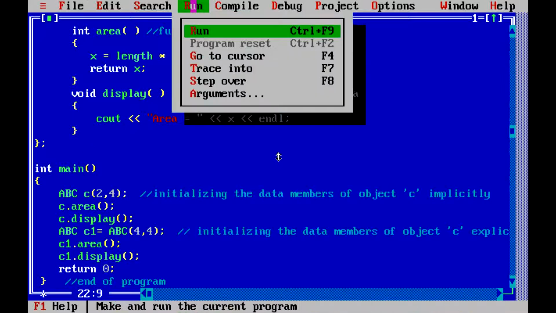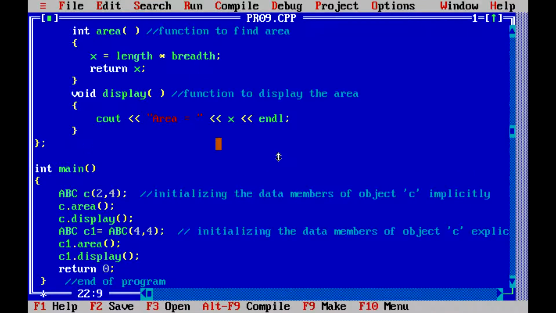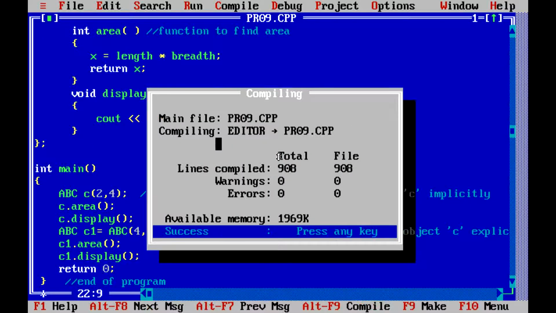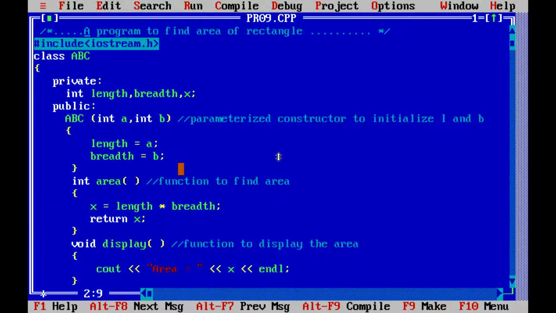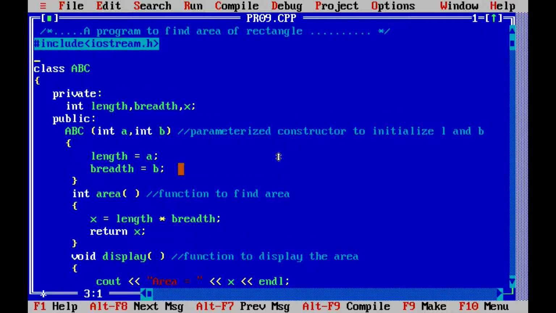The output of this program displays area is equal to 8 and area is equal to 9. So we make some changes to execute our program.